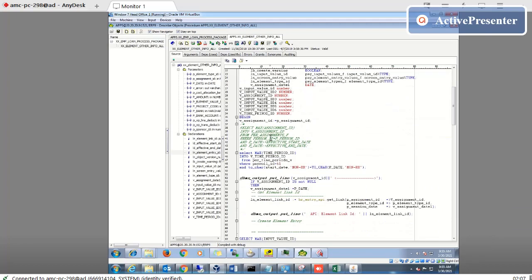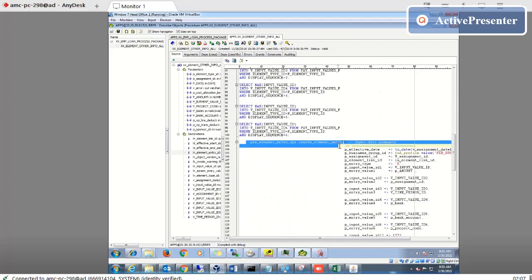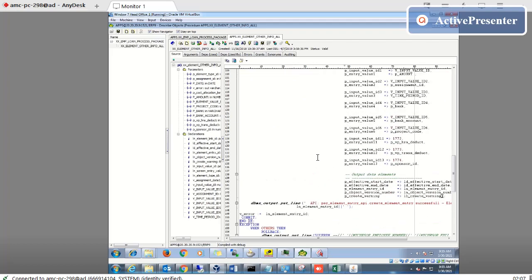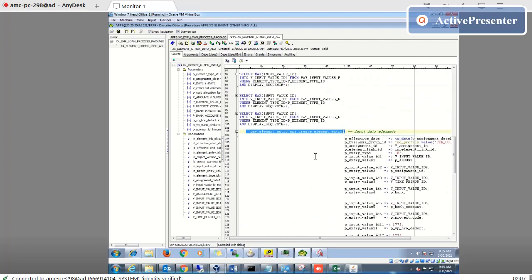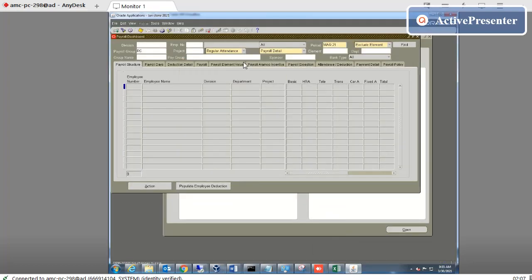Here I use the Oracle API to upload the elements and the element values in the specific tables, the R12 tables. So the payroll department will not go one by one to each employee number to enter the incentive and enter the overtime. The system automatically does this for the payroll department.